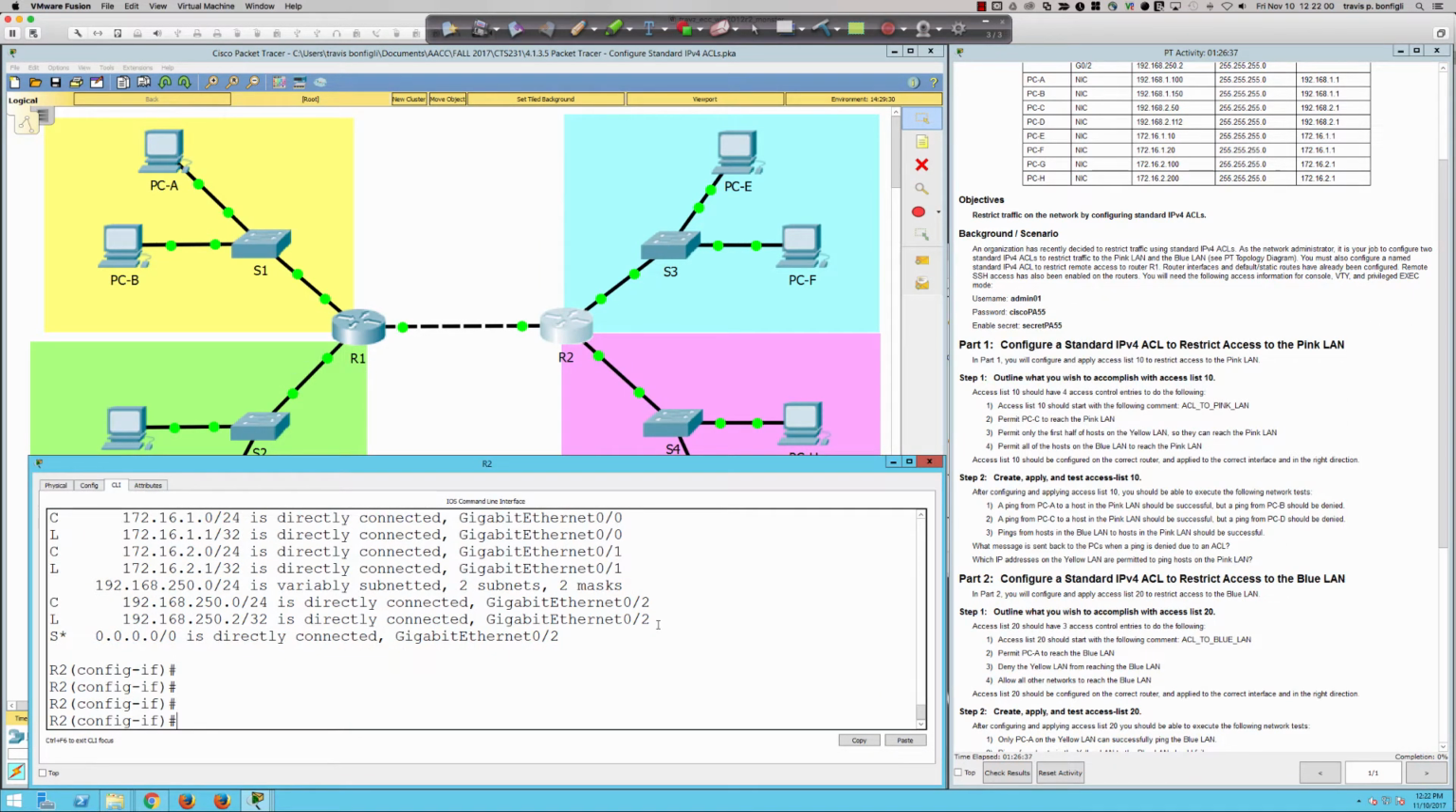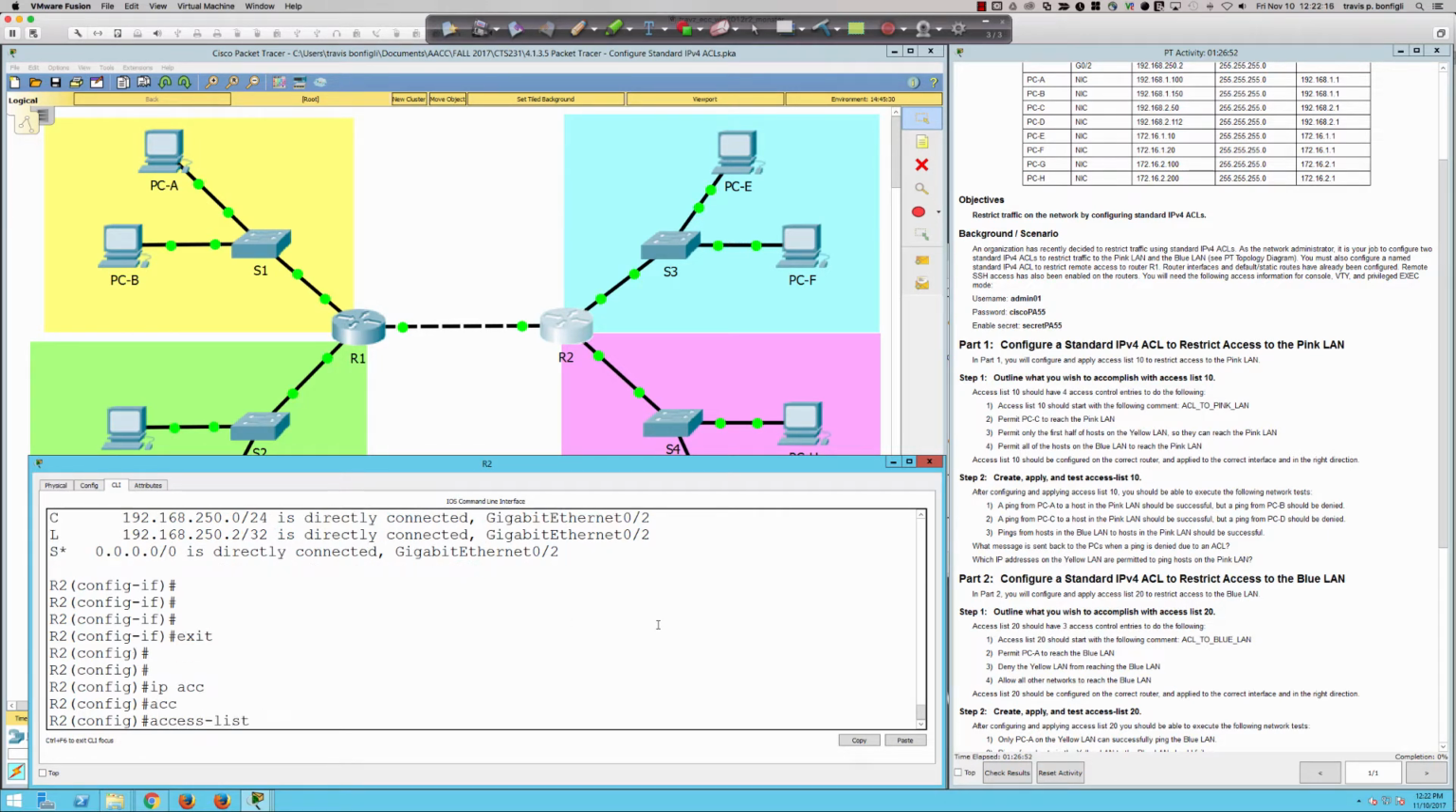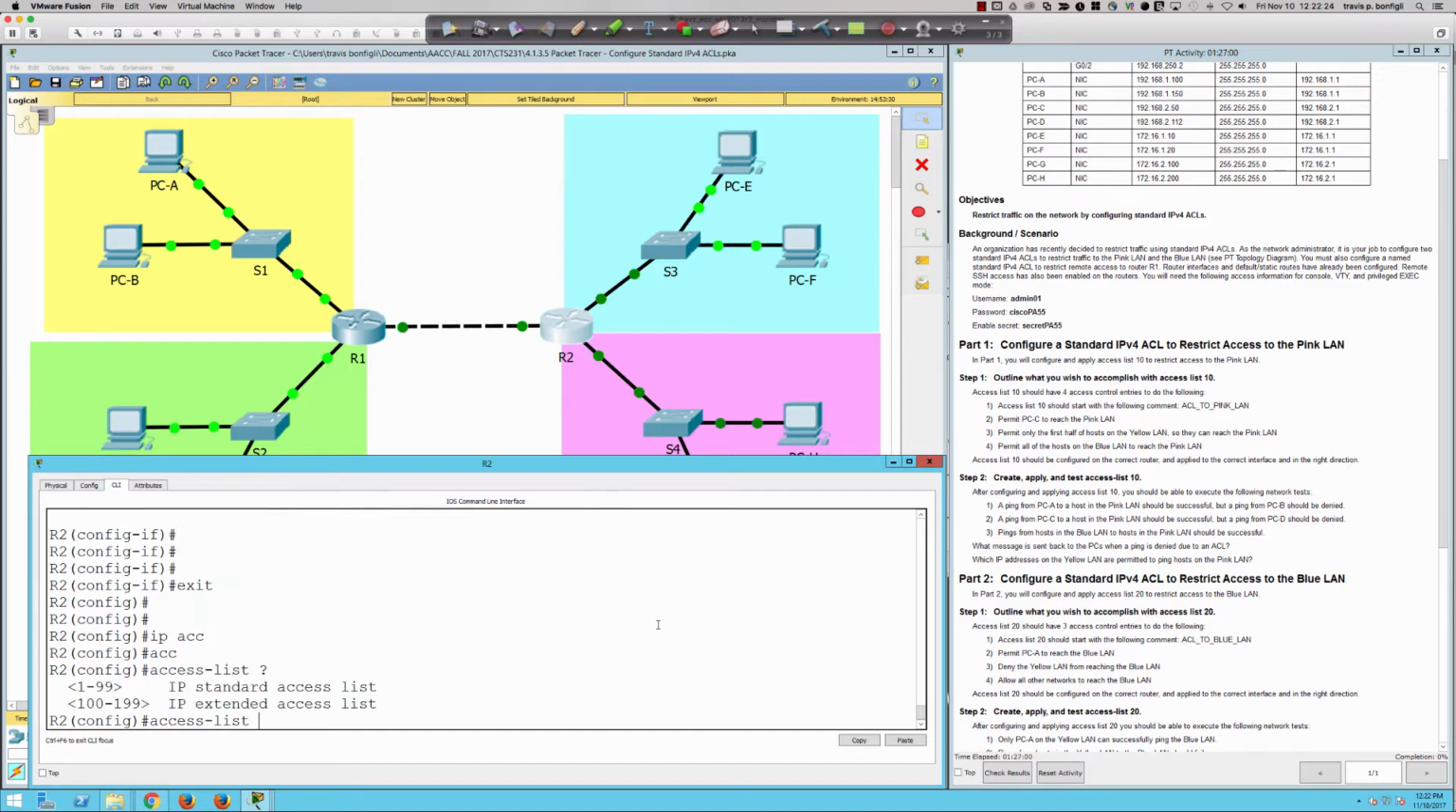So let's get our ACL rocking and rolling here. So access list 10, and again, it's a numbered ACL, because we can do named ACLs, and to do a named ACL, it starts with IP access list. But since it's just a numbered access list, we simply go with access list. Now the range that we can use is 1 to 99, and then it's 1300 to 1999. And for this one here, as you can see, Packet Tracer is not going to give us the extended range for the standard ACL. So simply access list 10,